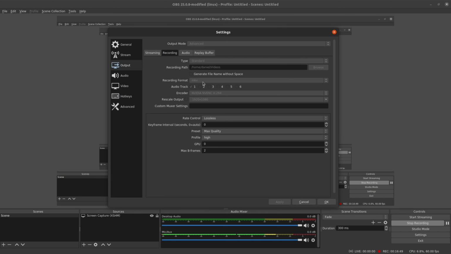Also, the recording format, I'm using the MKV. You can set the number of audio tracks you want. And here, very importantly, the encoder. As I have an NVIDIA RTX 2060, I'm gonna make use of it. So the encoder based on hardware will be the NVIDIA NVENC